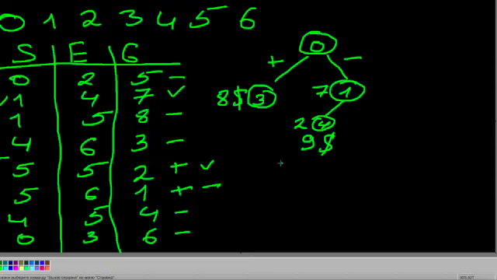So for example, if we've reached an offer that has start equal to 5, we know that everything that comes after it is going to have start bigger than or equal to 5. That's going to help us to just stop the search and just assume that everything that comes after